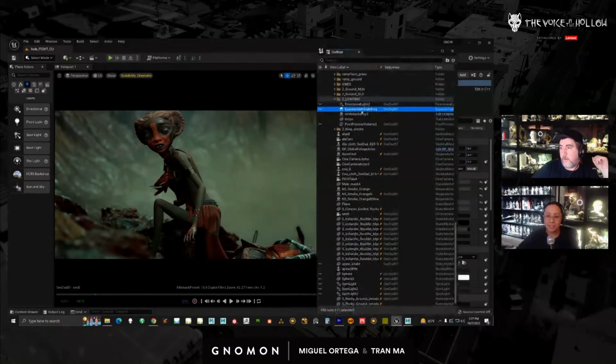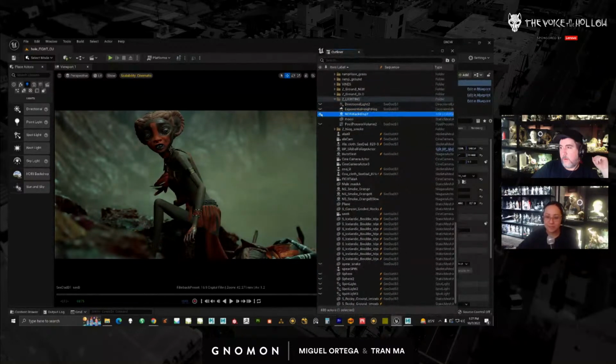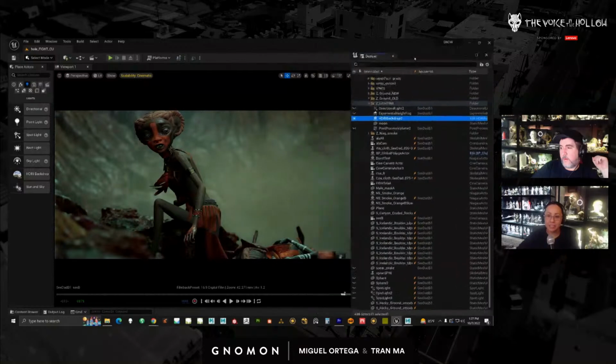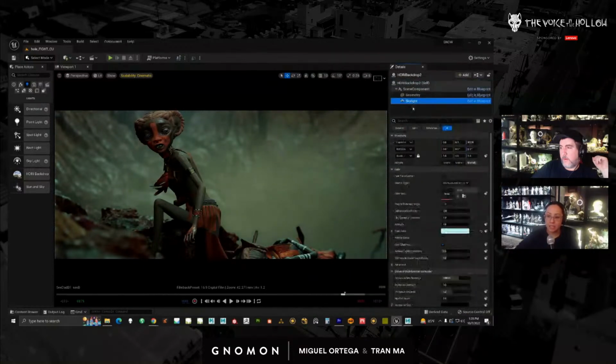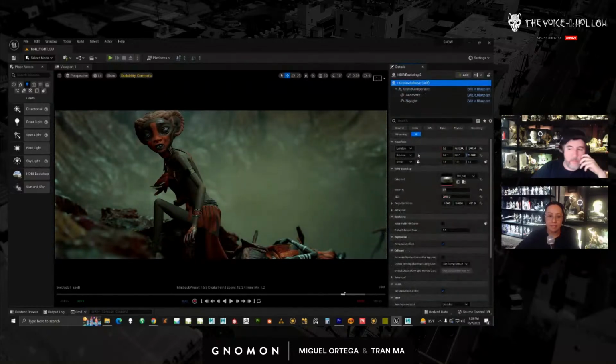Now, if you look at this here, all I have is my HDRI, and my HDRI intensity is at 2. And then I also have a skylight in it. Basically, it's a very soft type of lighting that is just not giving me hard shadows. As far as where the light source is, it's not really anywhere. We do have shadows on her just because there's less light bouncing around because she's kind of hunched over.